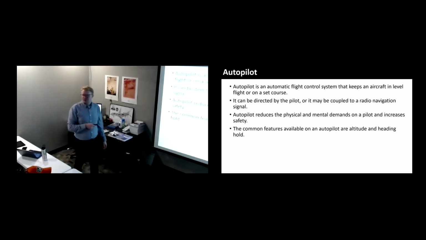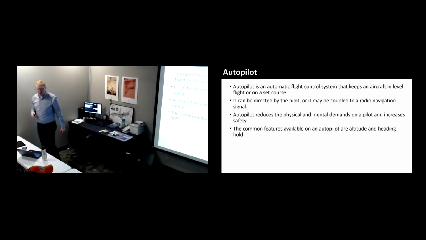That's something you program it to take you to any particular airport. Sure, you can use that through different forms of navigation, whether you're using